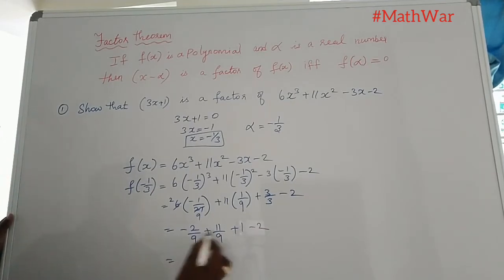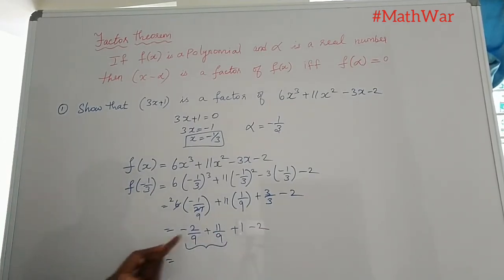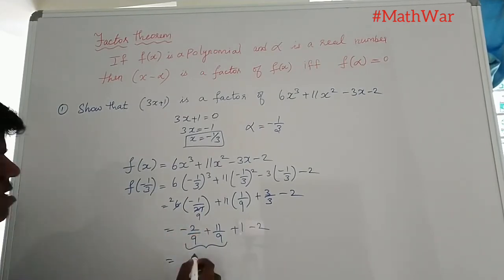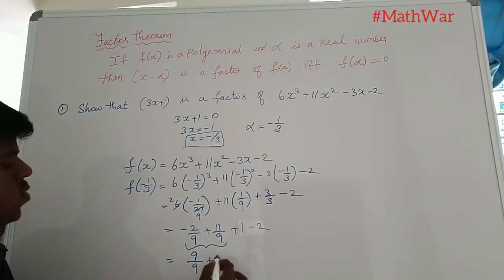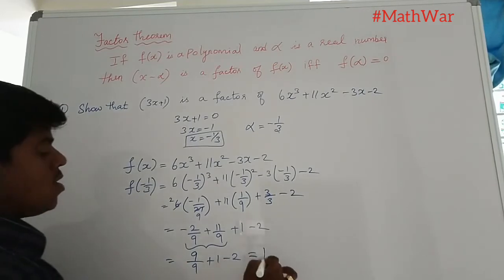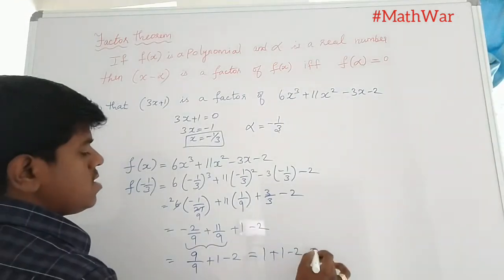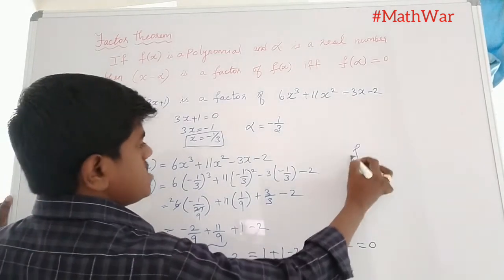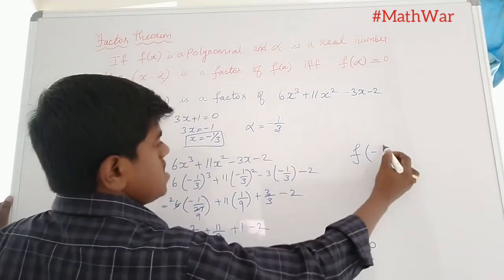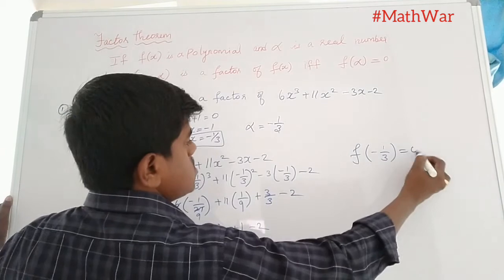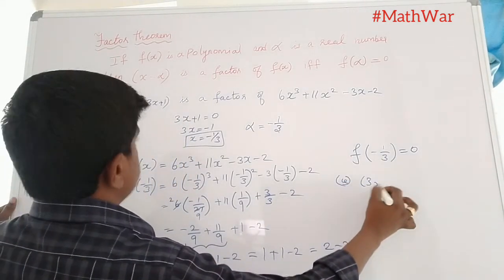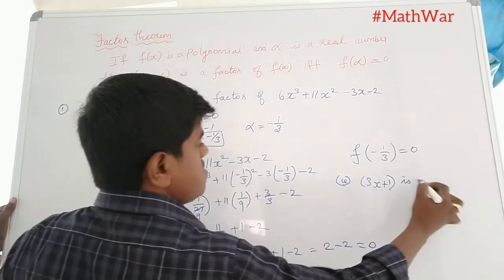That is equal to, if you simplify this alone, numerator, denominator same. Numerator minus 2 plus 11 is 9. So 9 by 9 plus 1 minus 2. That is equal to 1 plus 1 minus 2. That is equal to 2 minus 2, that is equal to 0. So what we can understand, f of minus 1 by 3 is equal to 0. That means 3x plus 1 is a factor